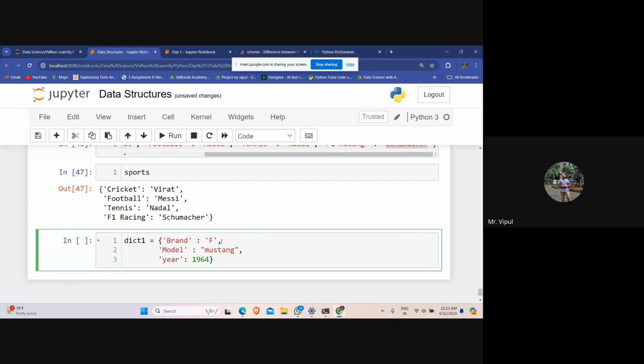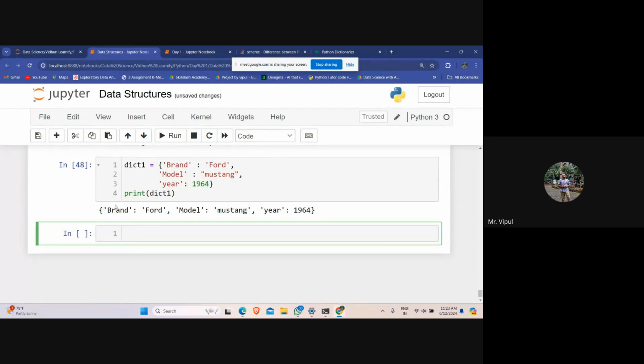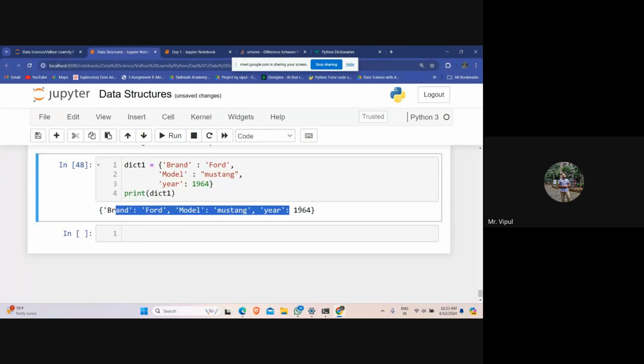I think Ford Mustang is there, so Ford, 1964, and this is done. Now, if you print what is there in dictionary one, this is your dictionary, right? Are you guys getting this output?